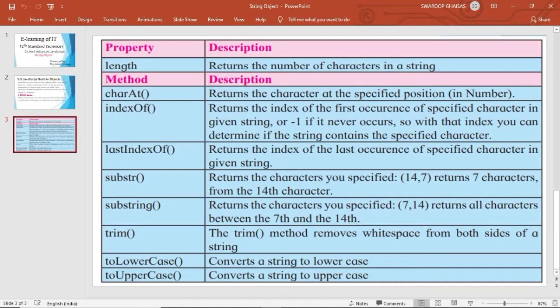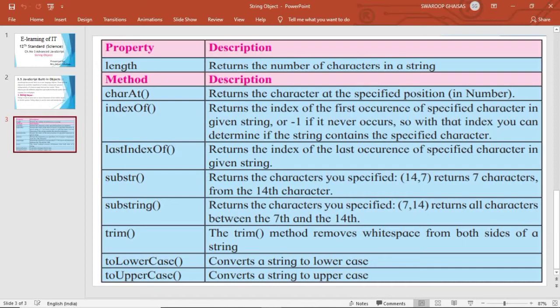That is, it returns -1 if it never occurs. So using indexOf, you can determine whether the string contains a particular character or not, and if it does, it returns its first occurrence.